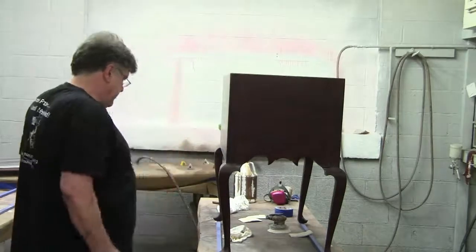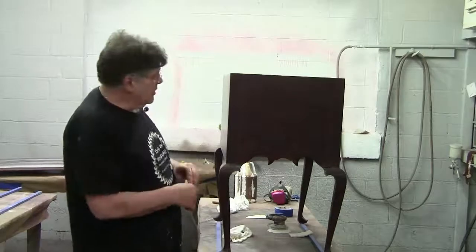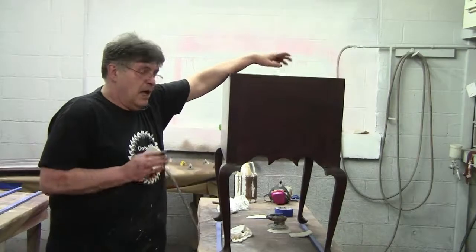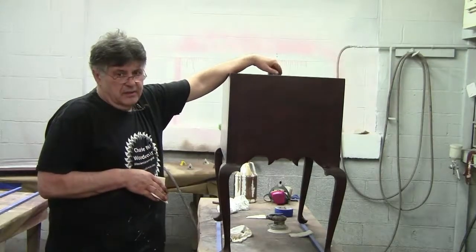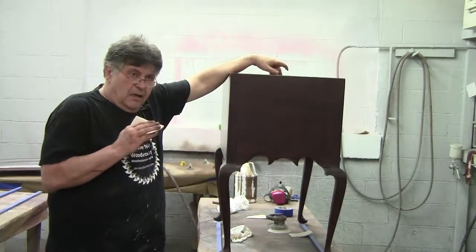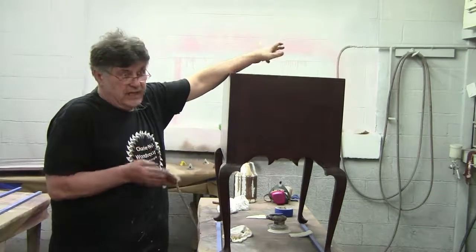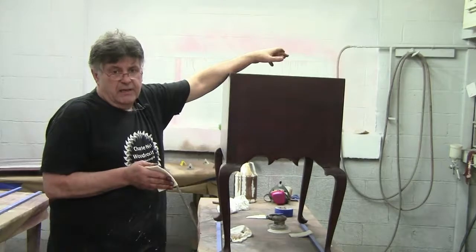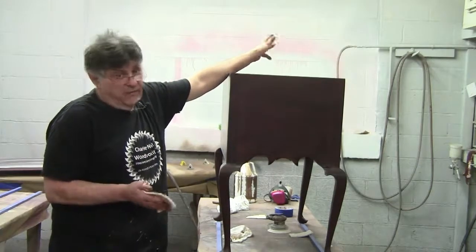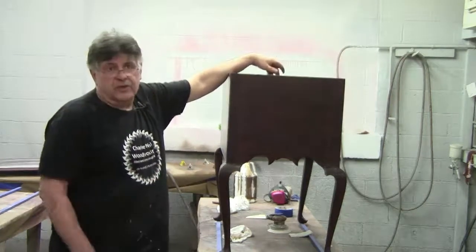Now, there's been some questions, that grain filling doesn't always do what I expect. A lot of times it's not 100%, but man, it makes a big difference. Even with grain filling, the first key is to make sure that it's good and dry, because any finish, I don't care what it is, filler, anything, is going to shrink back as it cures. So what's a good